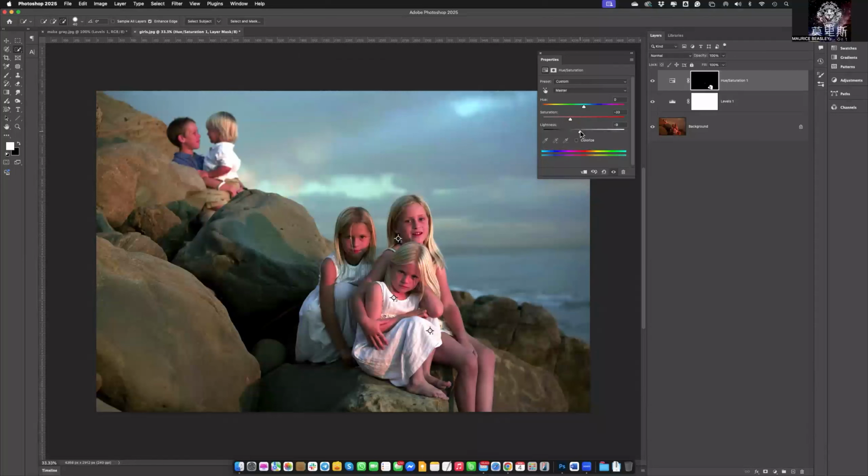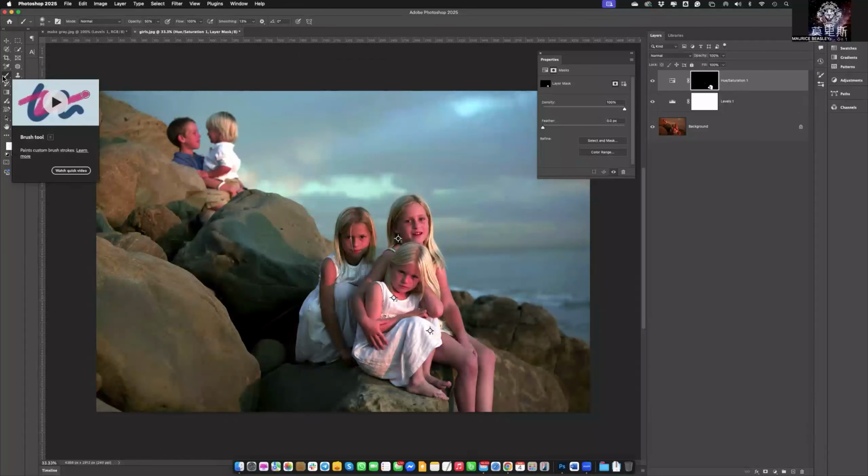It's making it too dark. There I go. To get that balance there. That's the exact same thing as I did before. You know, now this layer mask, it's a mask. So what I can do also to add on to this, once I get that adjustment the way I want,